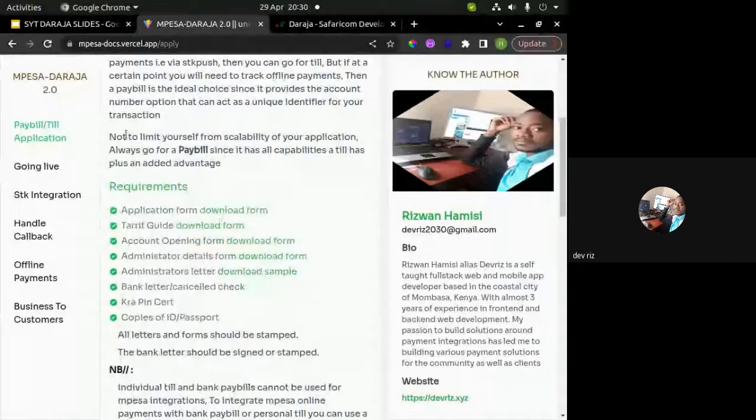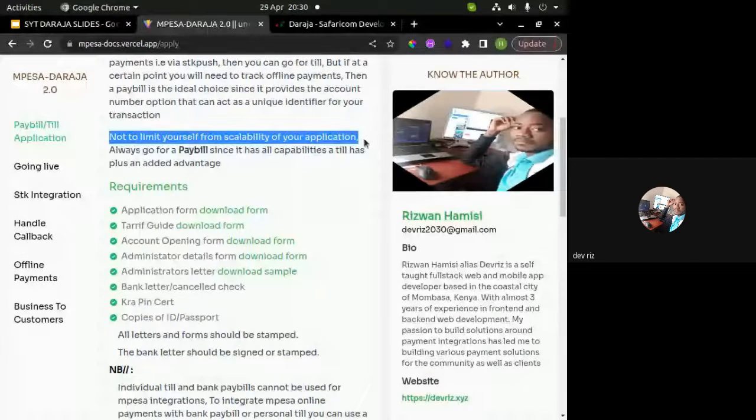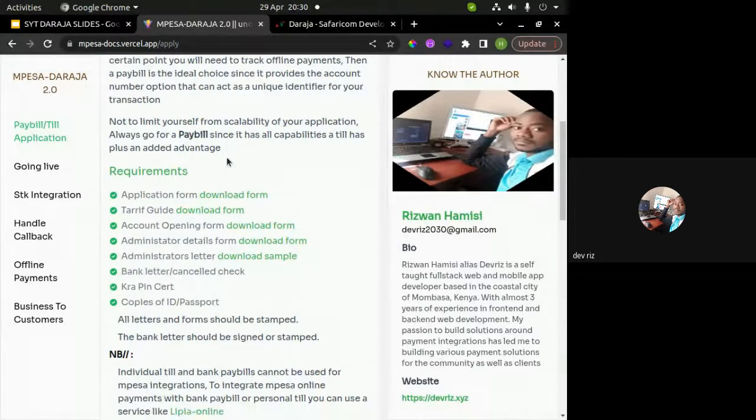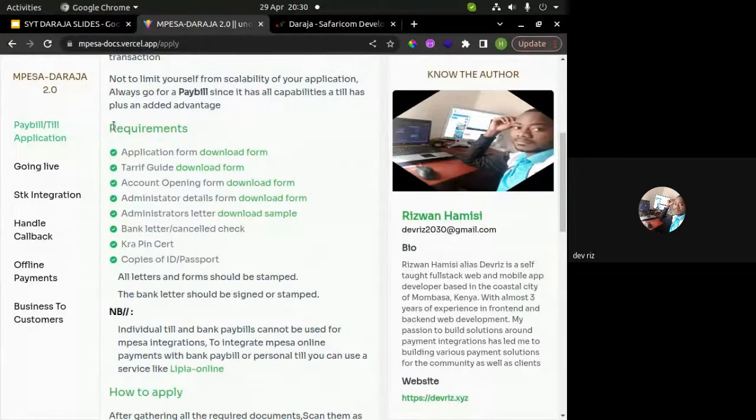So the requirements. I'm very clear here that you should not limit yourself with the scalability of your application. If your application grows, then always go for a pay bill, because at some point, if you need to handle some other stuff, the pay bill will have more capabilities than the till. So the requirements that you need to apply for a pay bill or a till number